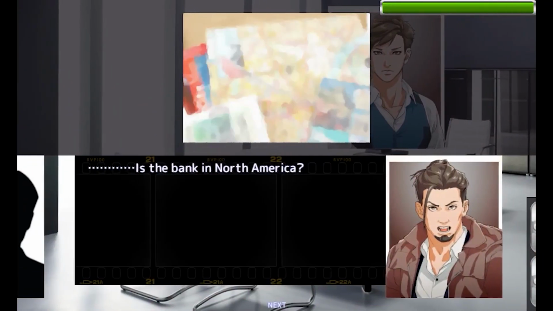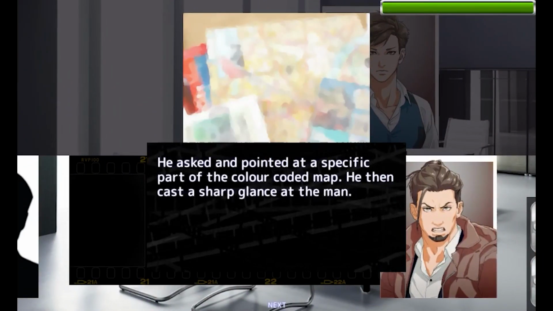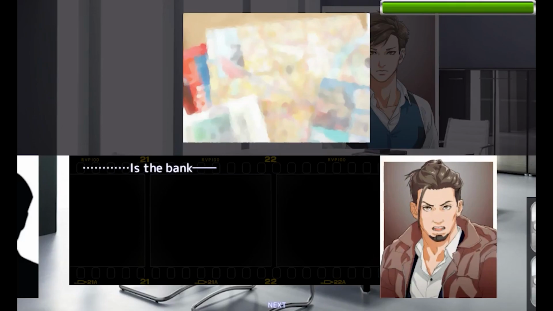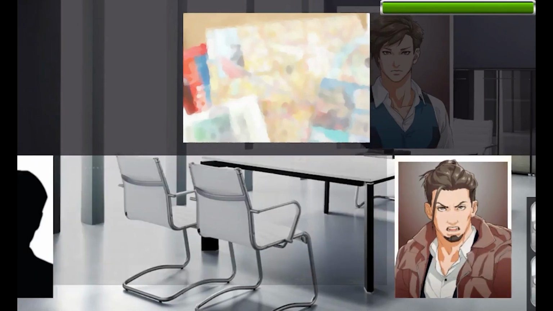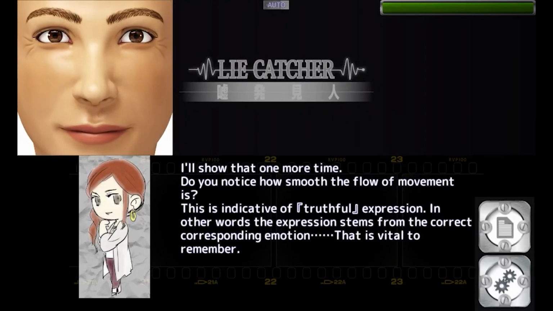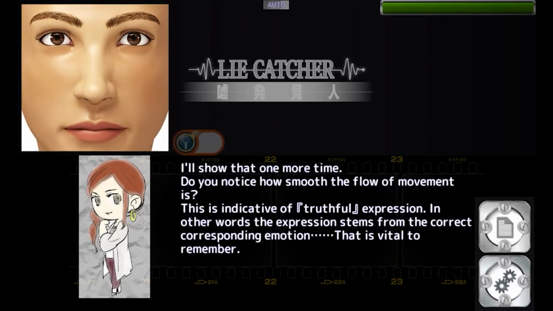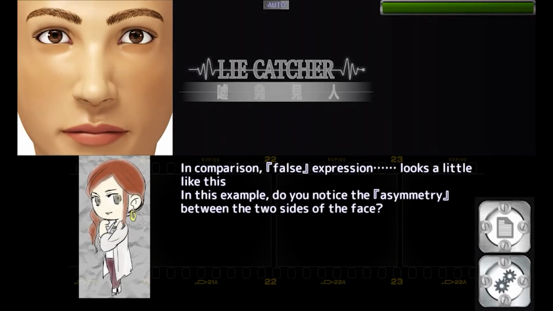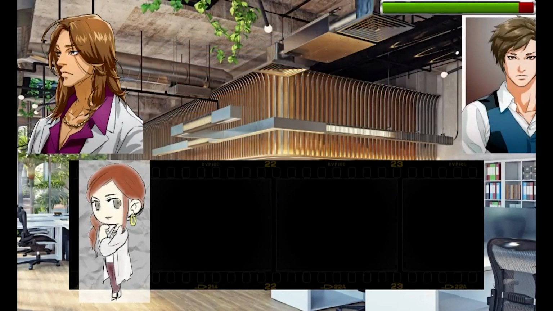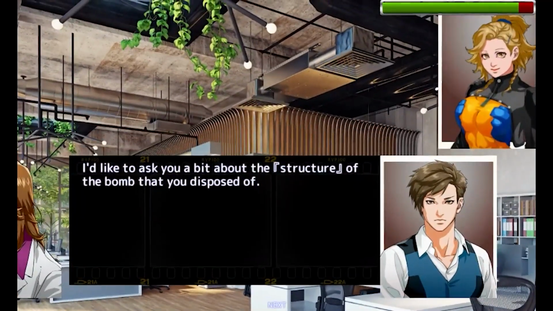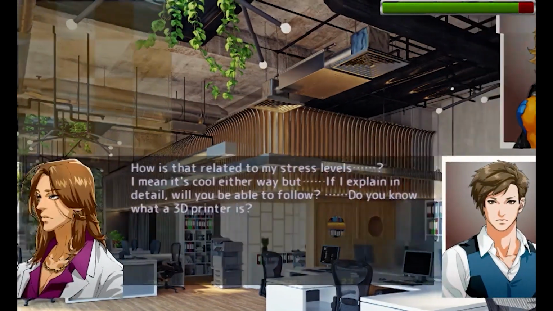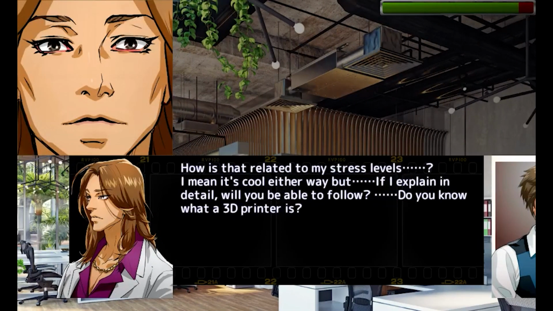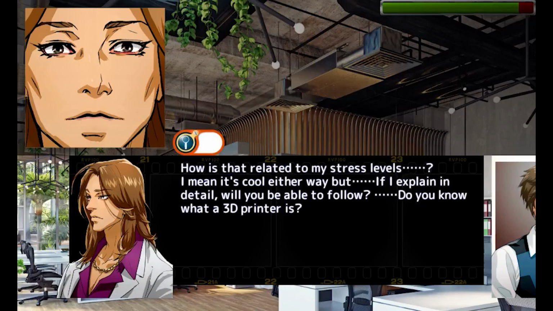Liar Trick is primarily based on the work of Paul Ekman, who posited that there are universal facial expressions that indicate particular emotions. By observing subtle, minute changes in someone's expression, it's possible to tell whether they're lying or being truthful. The gameplay mainly consists of watching a suspect's face and identifying the emotions it displayed, choosing which responses were suspicious and should be investigated further, and answering multiple choice questions to solve the mystery based on the information you've